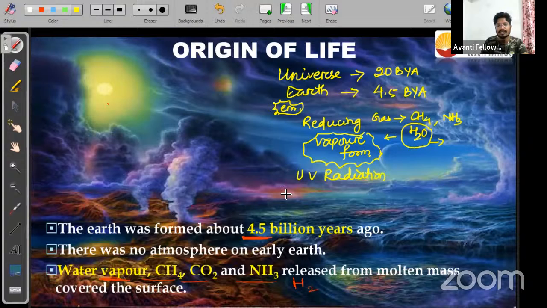UV radiation was there. Okay, along with this, lightning was happening. Lightning, UV radiations, all these things were happening. And this whole environment was like this at that time, 4.5 billion years ago. Reducing environment, reducing gases, lightning was happening continuously, UV radiations were falling on the earth surface. There was no ozone layer, just because of that UV radiations were falling on the earth surface. Water was present,